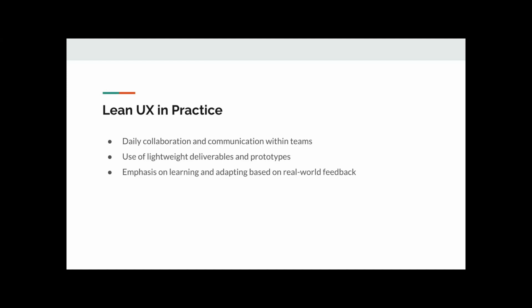And that's something I've learned while reading the Lean UX book, right? What are the different processes? What are the different ways you can actually deliver the right thing to the customers, right? Now, the next part is lightweight deliverables and prototypes, right? When you say lightweight, it doesn't mean that it doesn't include all the features or the things that customers need. It's basically focusing on the most important things that can be delivered in 2 or 3 weeks, or at least in 2 sprints, like in a month, right?